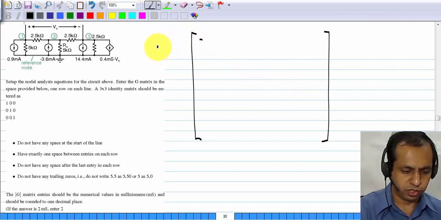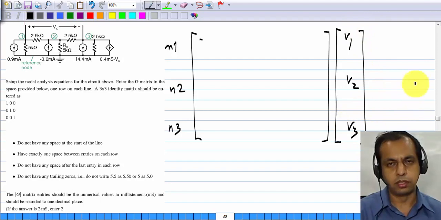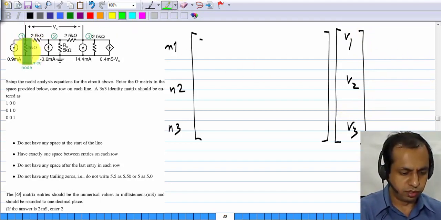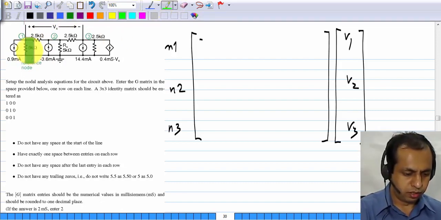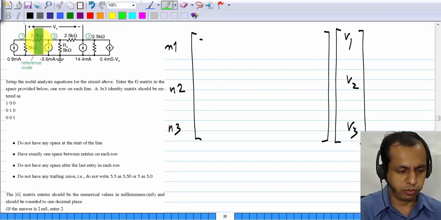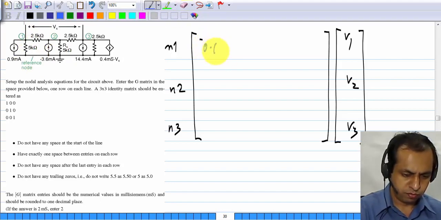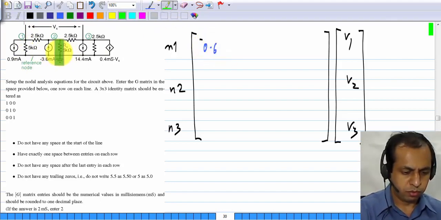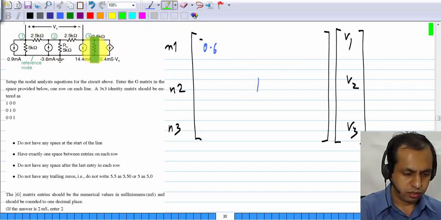This first row corresponds to node 1, node 2 and node 3, and this is V1, V2 and V3. Again 5 kilo ohms is 0.2 millisiemens and 2.5 kilo ohms is 0.4 millisiemens. So here we have a total of 0.6, and here we have a total of 0.2 plus 0.4 plus 0.4, again 1, and here 0.4 plus 0.4,